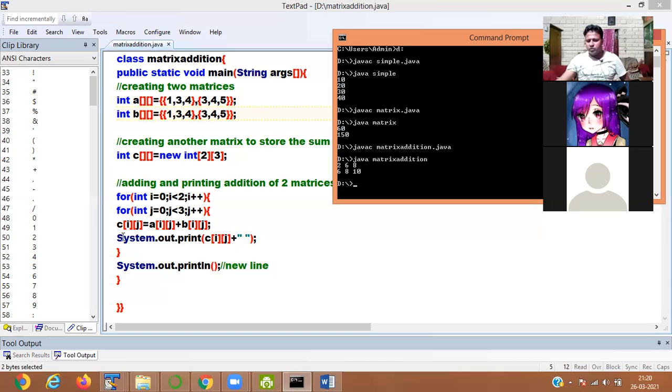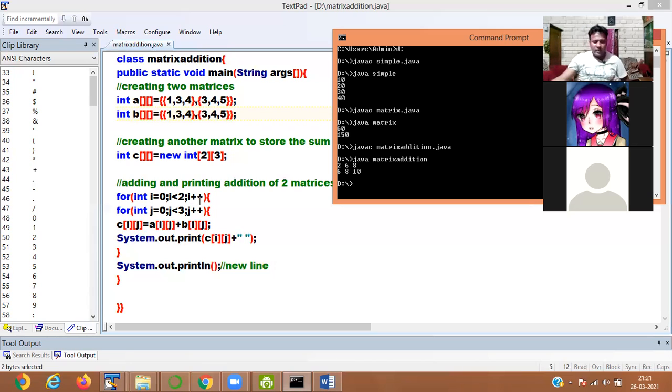Now it is coming to the 0 row, 2 column, i[0] j[2]. So it is added a[0][2], which is this one, 4. Similarly b[0][2] is 4. So 4 plus 4 is 8. Now j value is incremented to 3. 3 is less than 3? Condition is false. Then it is going to the outer loop.